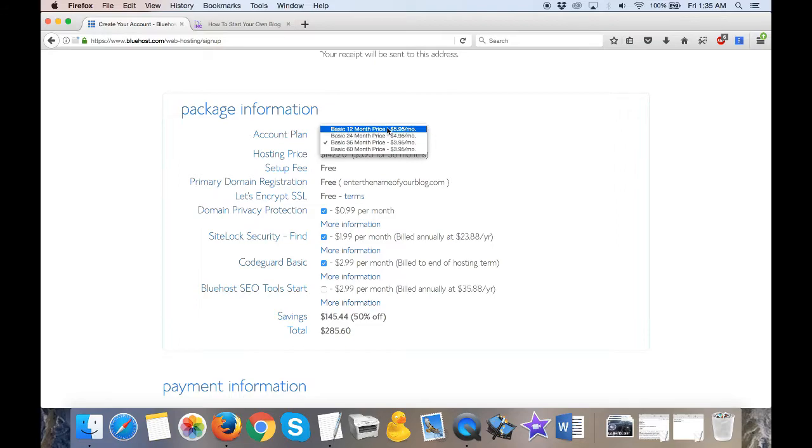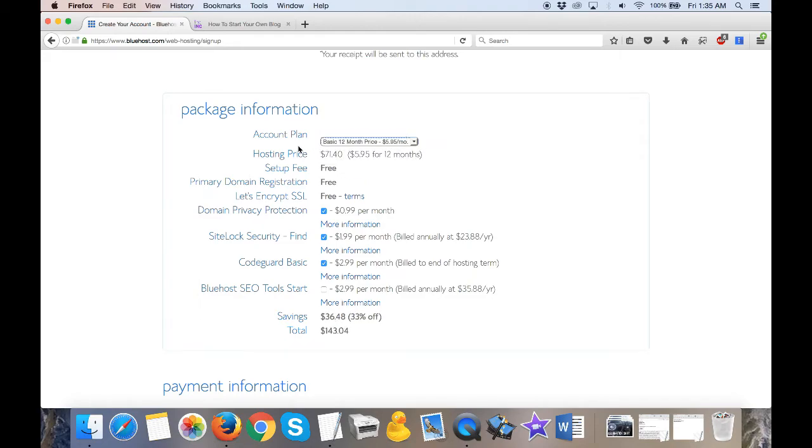months. If you go with 12 months, obviously they increase the price a little bit, but still you're paying less than $10 a month, unlike some of the other hosting services out there. So if you want to have the site, or the web hosting service, for say just a year, I would go with the $5.95 a month, or you can go with the 24 months, okay, and that will put you at $4.95. So let's just say, for the sake of this video, we register for 1 year, and so